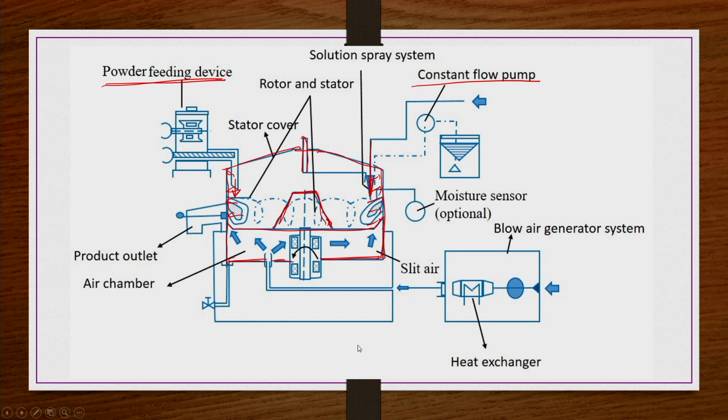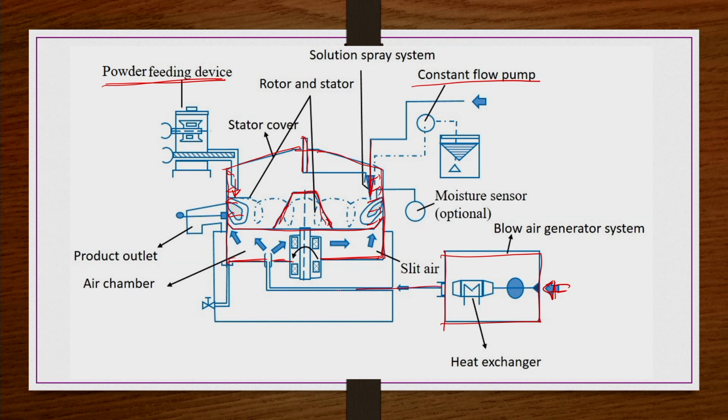So here we can also have a kind of provision, it is an optional additional provision. The blow air generator system is shown here. It also has the heat exchanger, so whatever air you take from the compressors will pass through the heat exchanger to get heated, because we are sending it to dry the granule, so it has to be heated up.